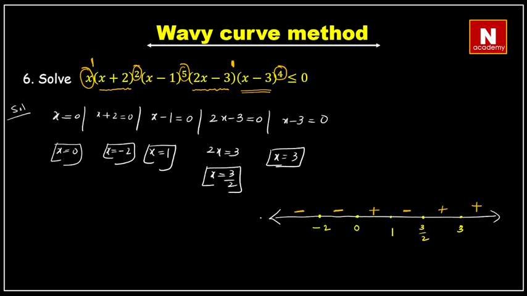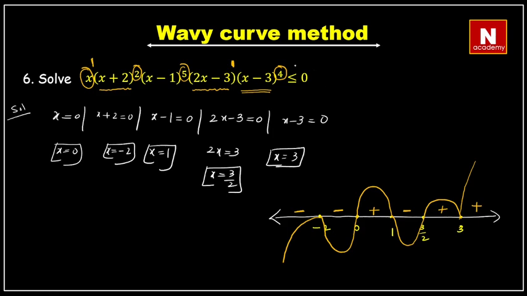Now we have to draw the graph. First of all, positive sign, so the graph is above the x-axis. There is no change in the sign, that's why again plus. So the graph is like this, and at 3/2 the sign changes from positive to negative. Therefore at 1 the sign again changes from negative to positive. At 0 again the sign changes, positive to negative. At -2 there is no change in the sign, again negative, so you are drawing it in this manner. Therefore this is the graph.